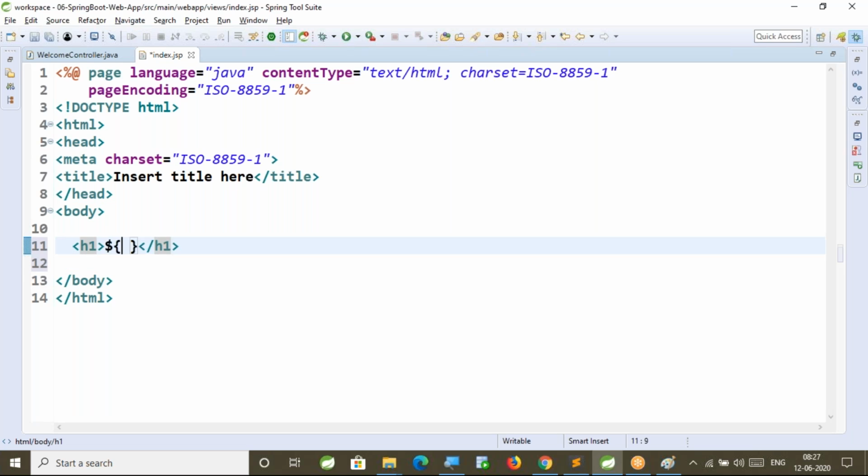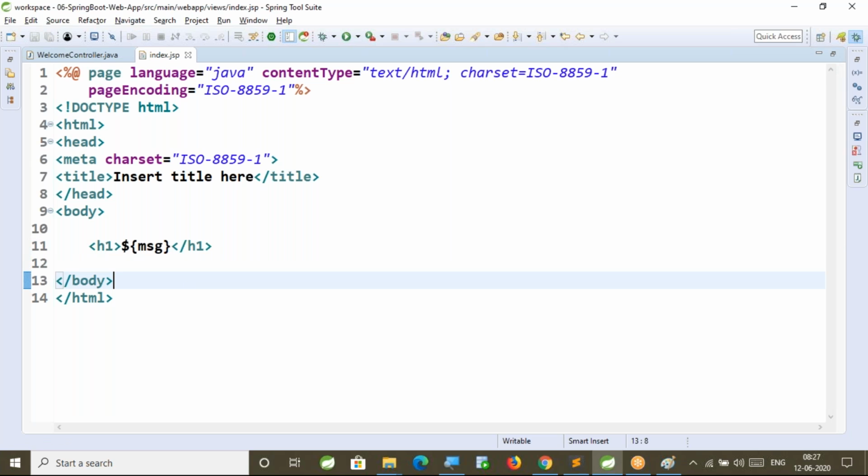How to access the data from the model: based on expression language, by using ${message}. Dollar is representing expression language here. Message is the key that is available in the model. Whenever you access that key, it is going to give you the value which is associated with that key.